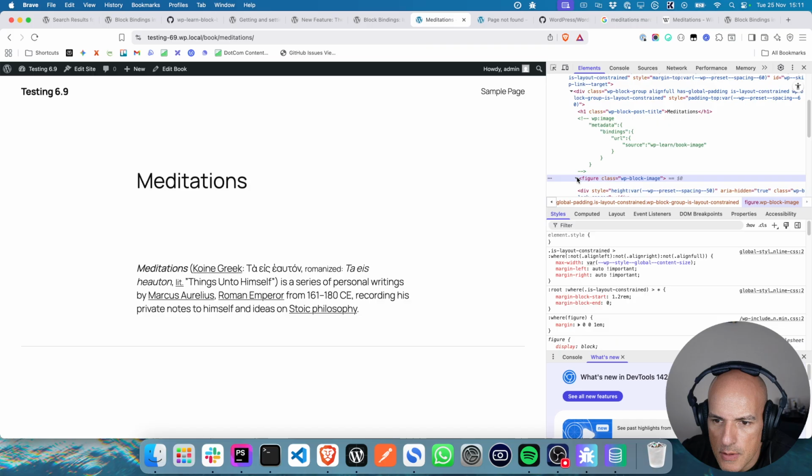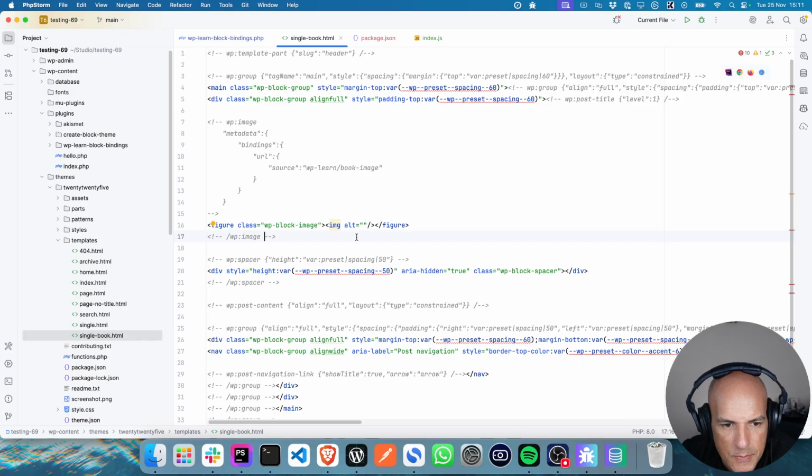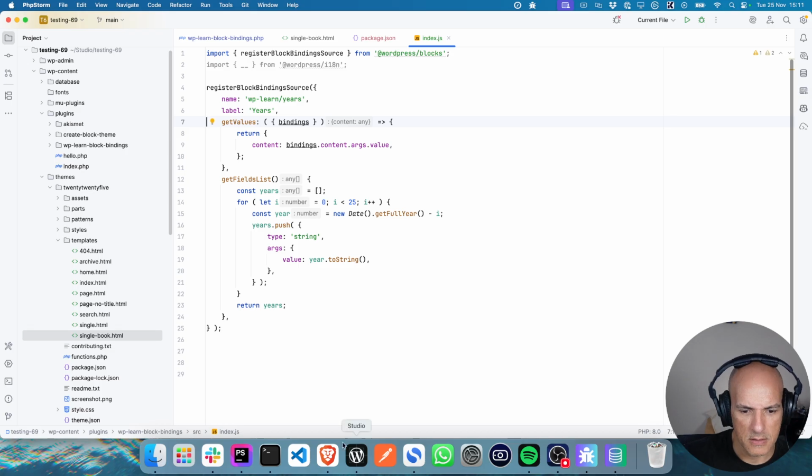That hasn't quite worked the way I expected it to. Okay, I'm going to have to figure out how that image thing works. I still haven't figured it out, but I'm going to have to ask around to figure that out. I'm happy with the custom fields list. Gotten that working.